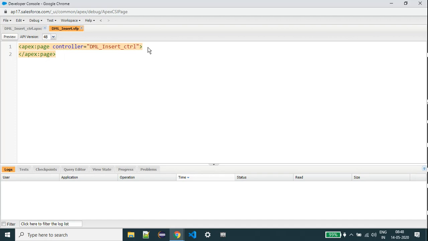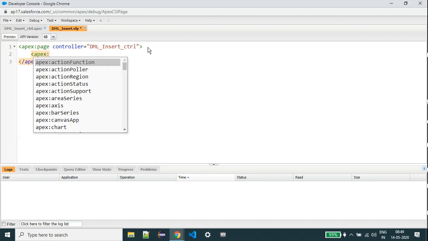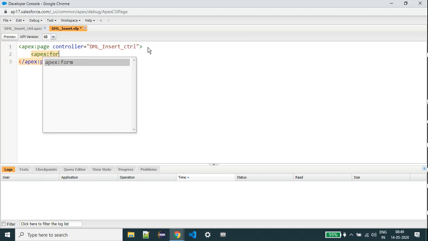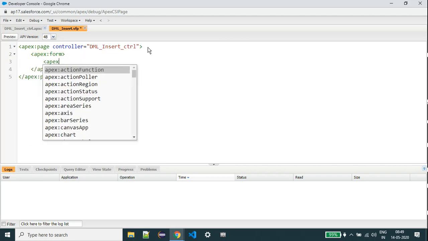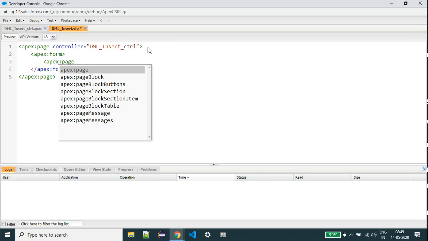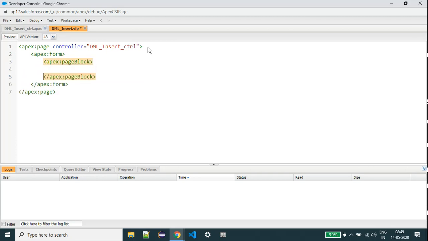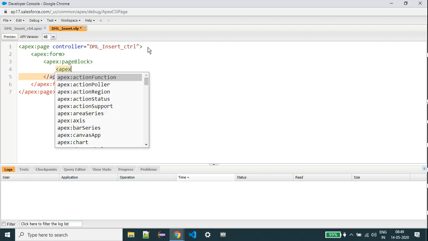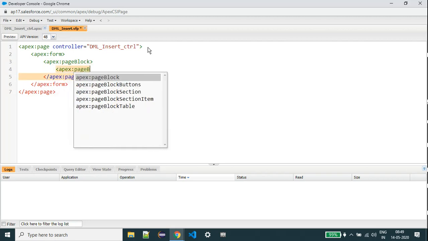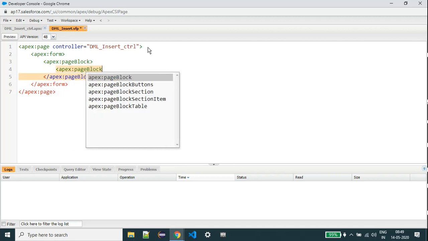So now here, Apex form, Apex page block, Apex page block section.